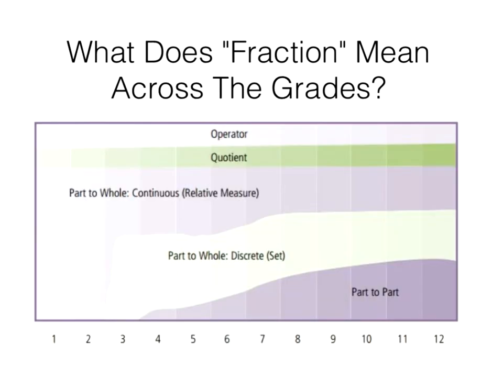And what does fraction across the grades mean? This is from the Paying Attention to Fractions monograph, so important. So we always see fraction as an operator. We start to see it as a quotient, so having to do with the operation of dividing. Part to whole, so continuous measures relative to the whole. And we know we do that with kids with cookies and pizzas from grade 1. And that's why you see this big chunk here. You see that grade 1 and 2 and 3. But notice that shrinks. And we have part to whole, so those discrete or set models.